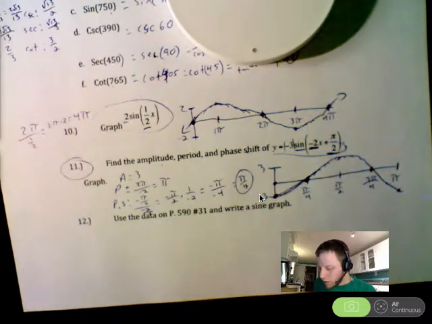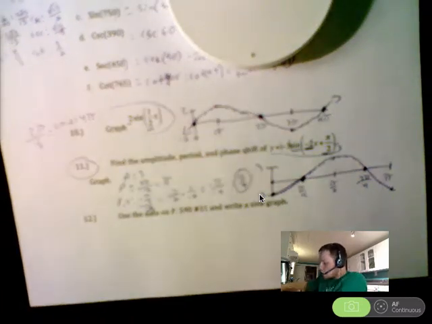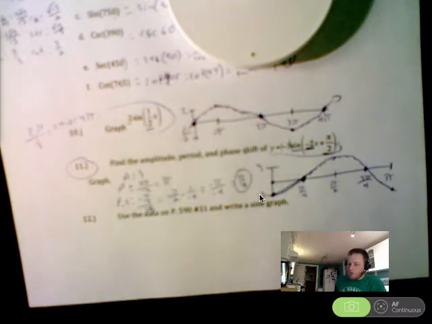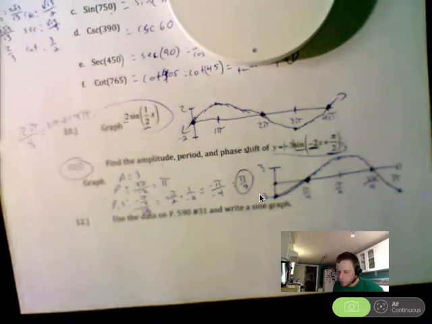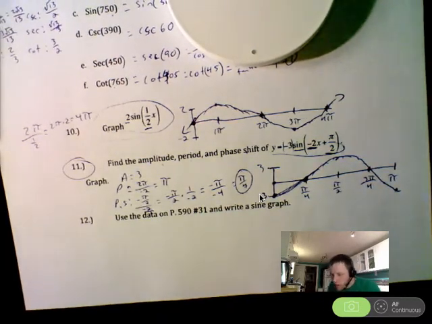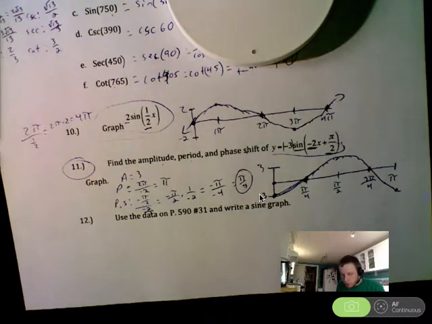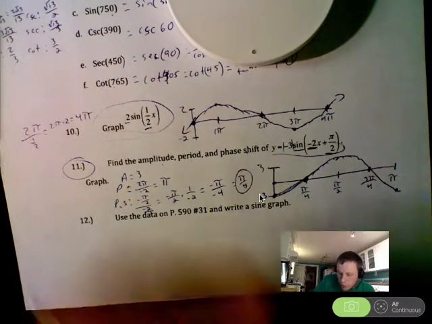Now number 12, we're actually going to use data from our book. Okay, once again, page 590, number 31, and we're going to write a sine graph from this. Now, number 31 says the following data represents the average monthly temperature for Indianapolis, Indiana. So we have